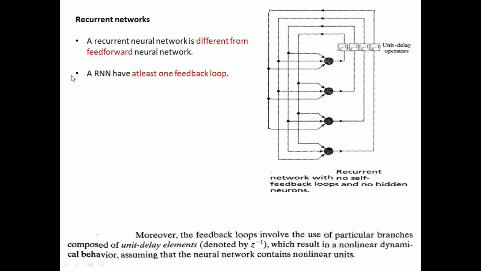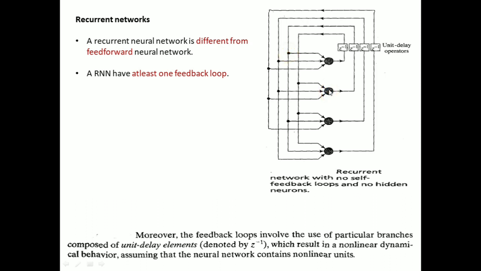Next comes the third type of artificial neural network architecture, which is recurrent networks. This recurrent neural network is different from the feed-forward neural networks which we have discussed. Recurrent neural networks have at least one feedback loop. If you see here, these are the neurons and this is the output from this particular neuron. The output of this neuron is given to the inputs of the other neurons. Here we have 4 neurons. The output of this neuron has been given to all the other 3 neurons, and the output of this neuron has been given to all the other 3 neurons except itself.